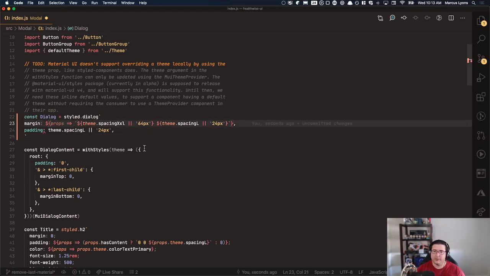We have props, and then there's theme. So we need this to be props.theme. Remove this. Remove this. Because we don't need that. We also don't need this. And we don't need that. But we still have some problems with